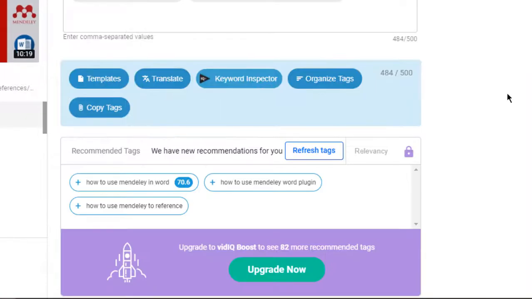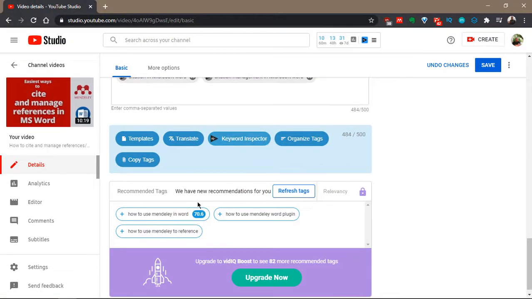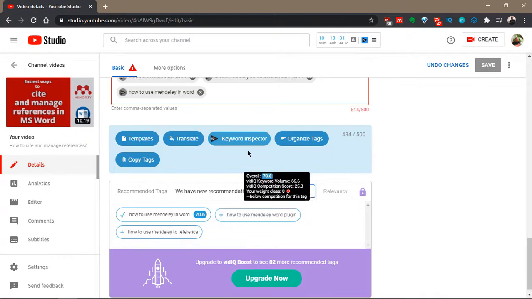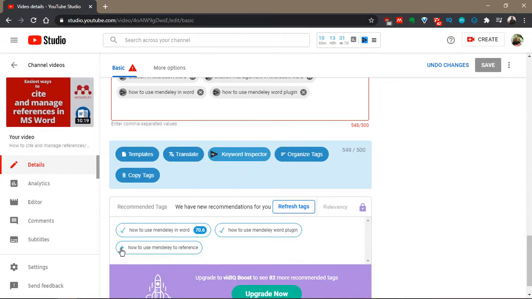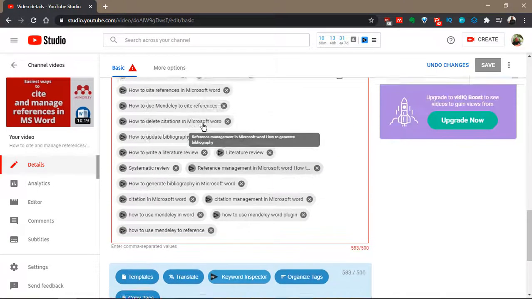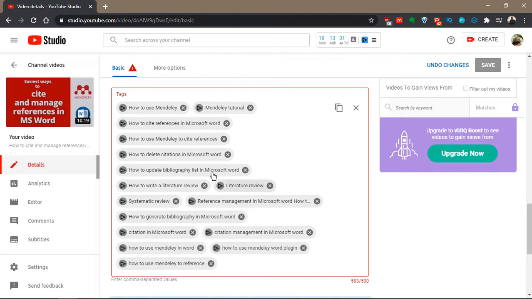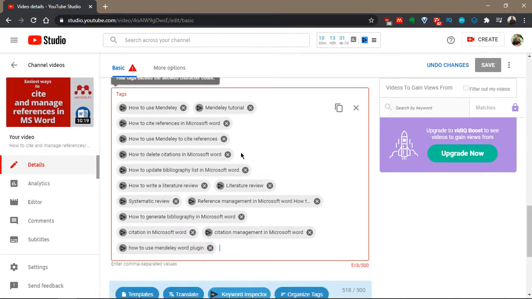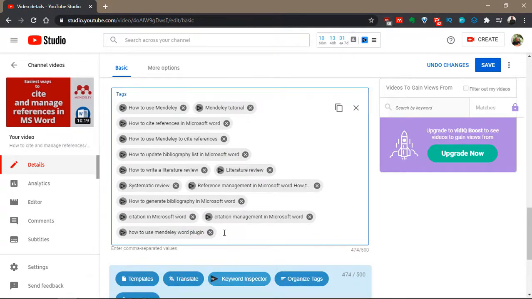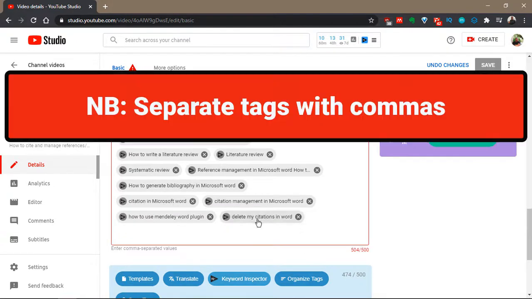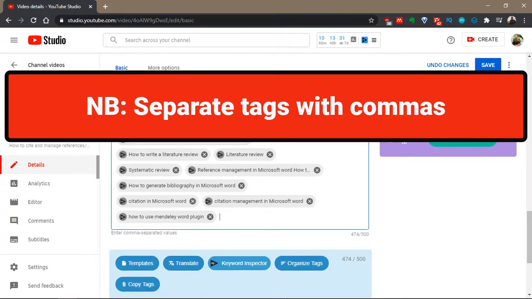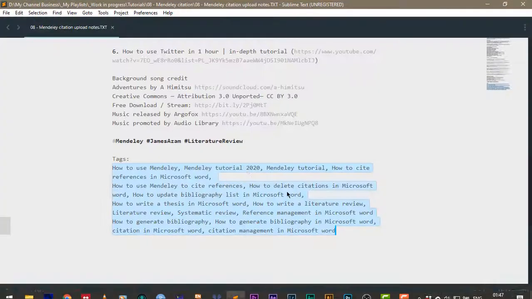I use a plugin called vidIQ, and it usually suggests tags to me that I can use. So I'm going to insert some of their suggested tags and remove mine because I suspect theirs might have a better ranking than mine. So this one, I don't like this one. I think I will leave this one, and I'm going to remove this one. Yeah, and I think I'm fine. I'll see if I can beat. Yes, I did. So you separate tags with commas, and I had already prepared them in my notes,